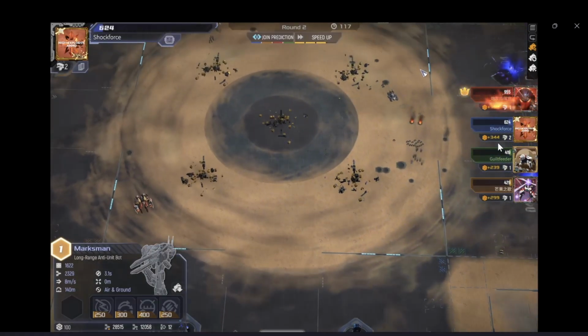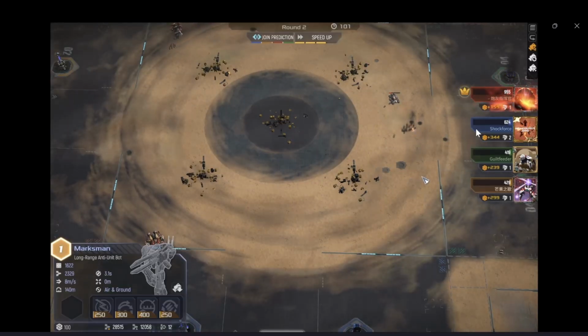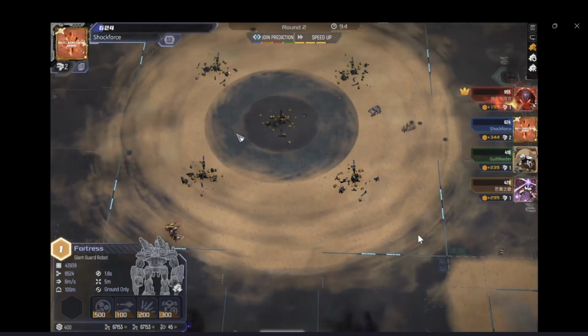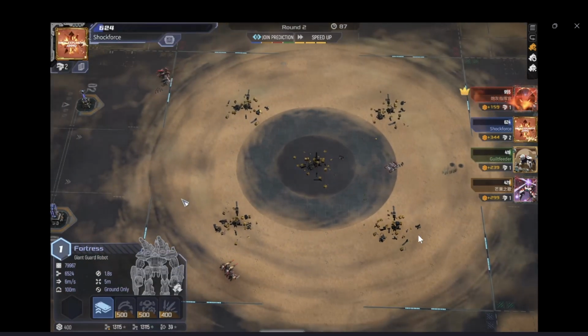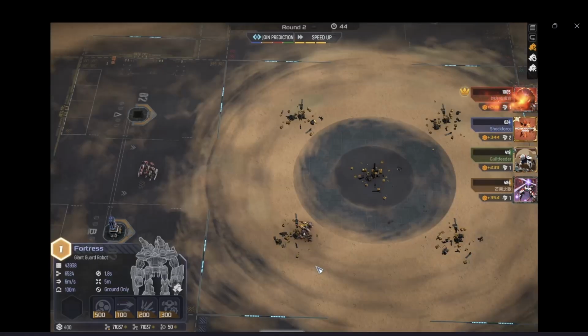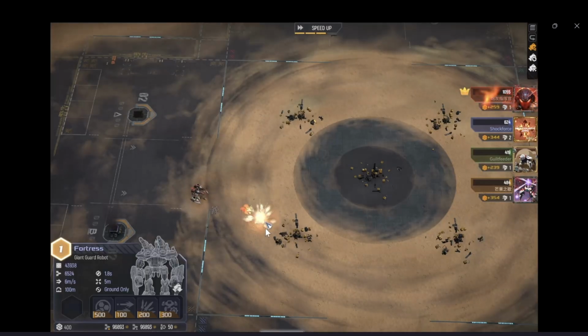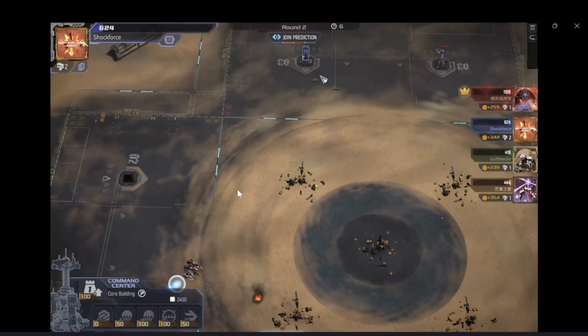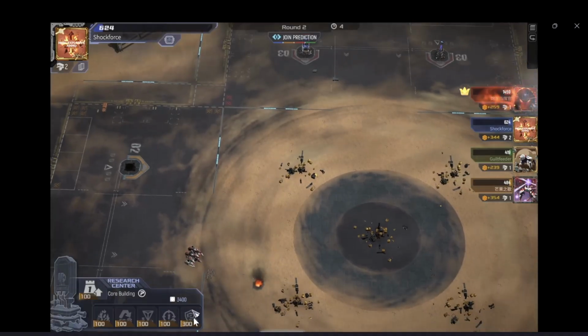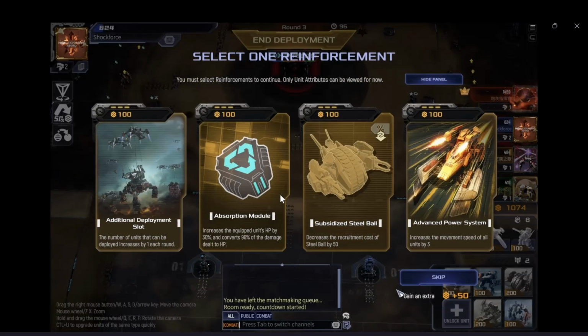Here I've picked up a lot of supplies, so yeah, I'll skip through a bit. It ends with the fortresses killing each other. I was surprised at the one fortress surviving, so I checked. He had bought an early defense, early health increase for his units. So here